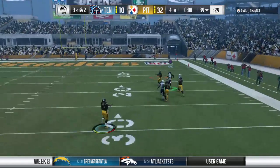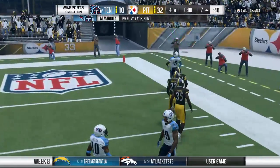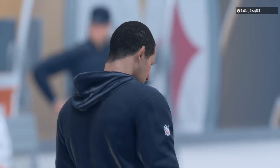Now a desperation throw deep downfield. And at the 7-yard line, the catch is made. Well, Charles, the 4